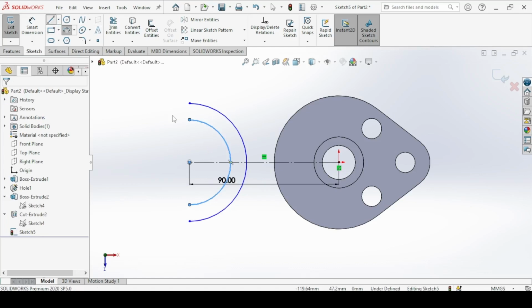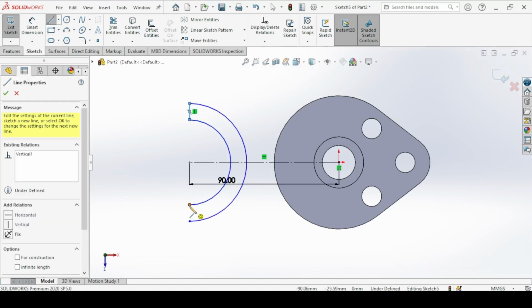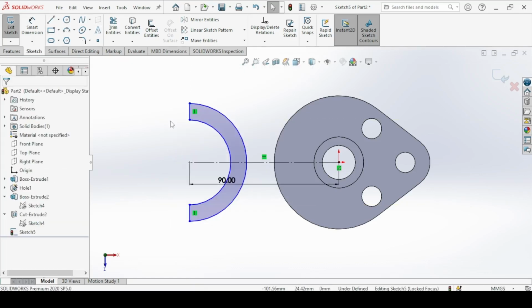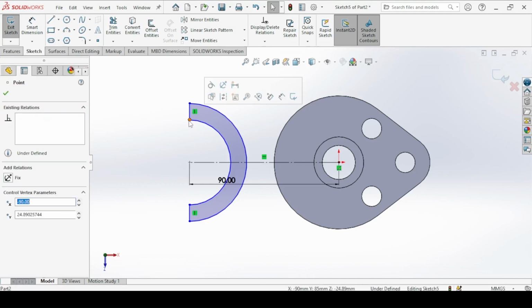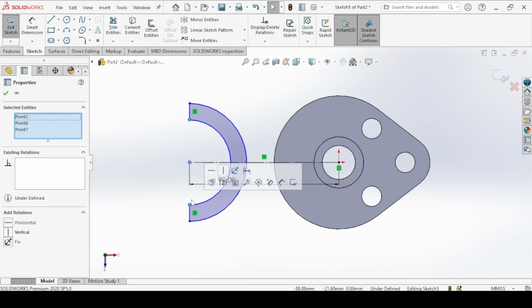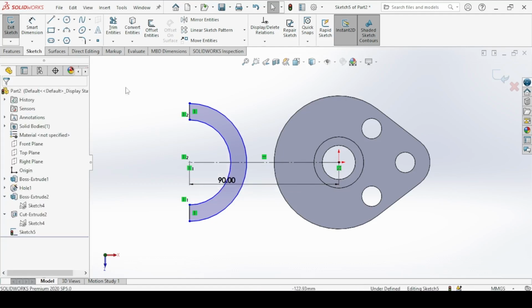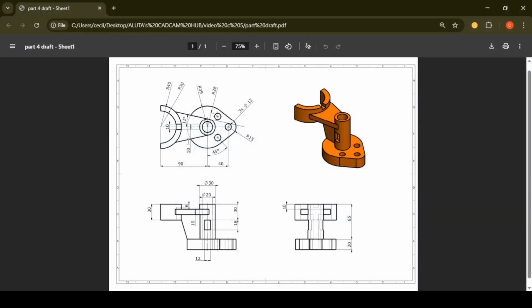And then connect the end points to close out the shape again. Now make sure this point, hold the shift key, click on these 3 points, make vertical. The radius of the inner arc 30, the outer arc is 40.